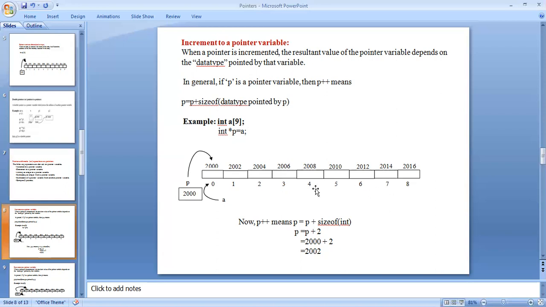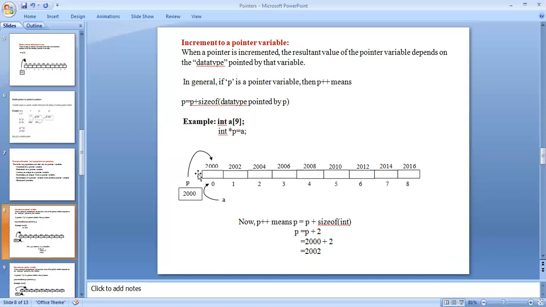I'm storing a[0], a[1], a[2], a[3], and so on up to a[8]. These are the elements of the array. And int *p = a; ending with a semicolon.